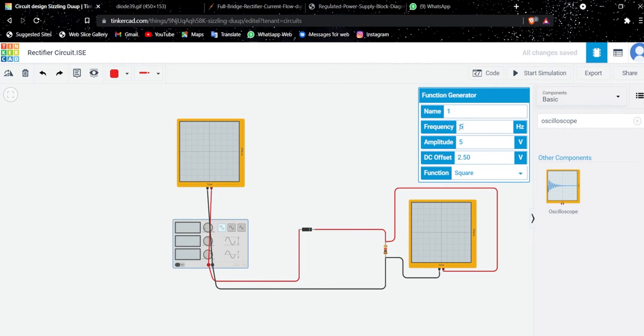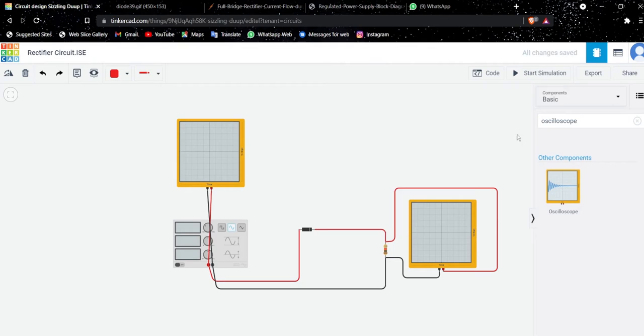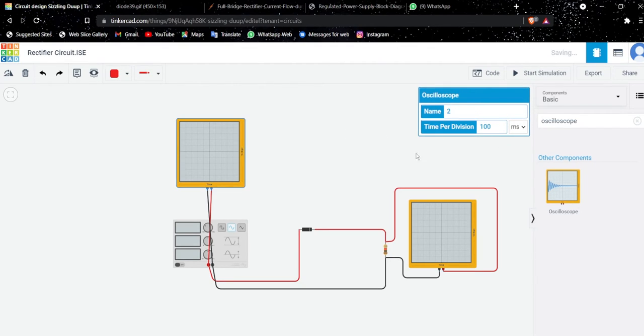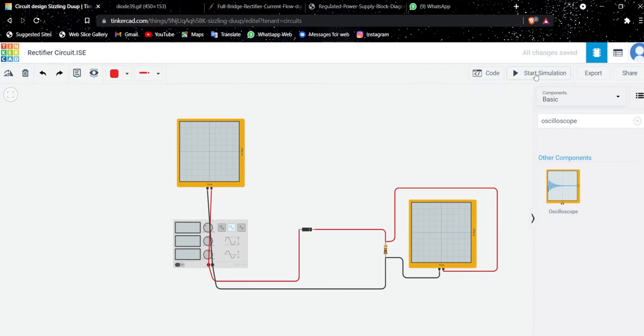The frequency will be 50 Hz. Amplitude is 5, and change this offset to 0. Our function is a sine wave, and also make this 10. And now start the simulation. Here you can see this is the full wave with the positive cycle and the negative cycle,